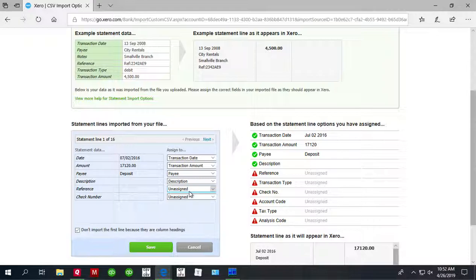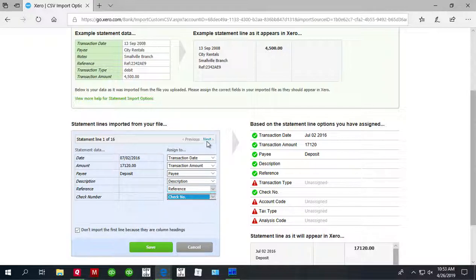Only two columns that are not mapped automatically are reference and check number, but they would be in your CSV file if you convert with ProperSoft converter. If the file you convert has checks and check numbers, then the column is going to be filled. And if there's additional information in your OFX file or a PDF file, then it would go to the reference column, and then you can map it as well with this very good column. QuickBooks doesn't have this, but here Xero has this additional column that is very convenient when you would like to store additional details about transactions, but not just put it aside. So you would select reference, select check number, and now